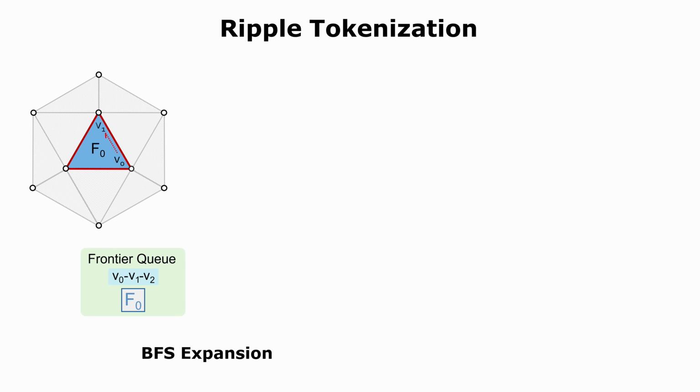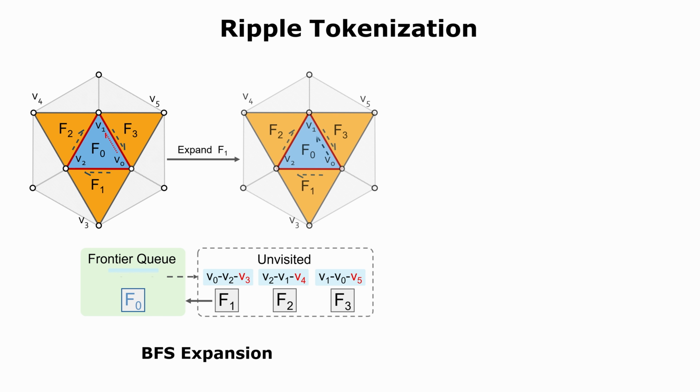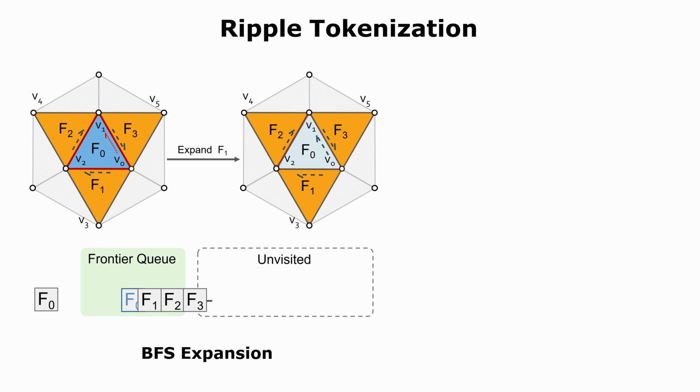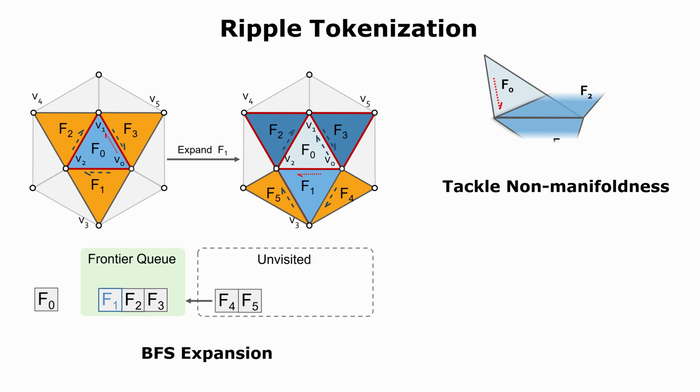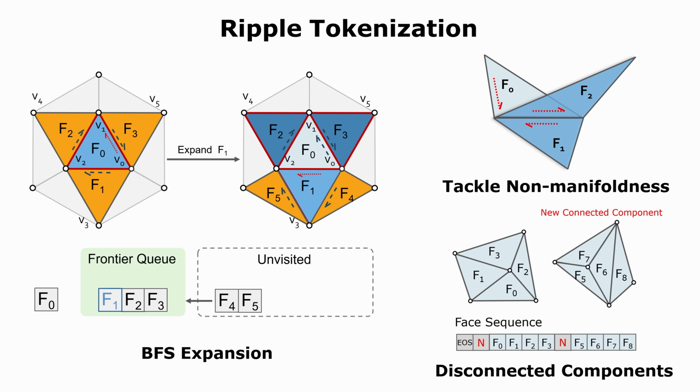Our core contribution is ripple tokenization, a frontier-aware, breadth-first traversal strategy. Initiating at a face, we identify twin half-edges and populate a frontier queue with unvisited faces. We then expand sequentially from the next face in the queue, ensuring continuous tokenization. The algorithm robustly handles non-manifold edges, automatically splits non-manifold vertices, and utilizes a specific control token N to effectively delineate